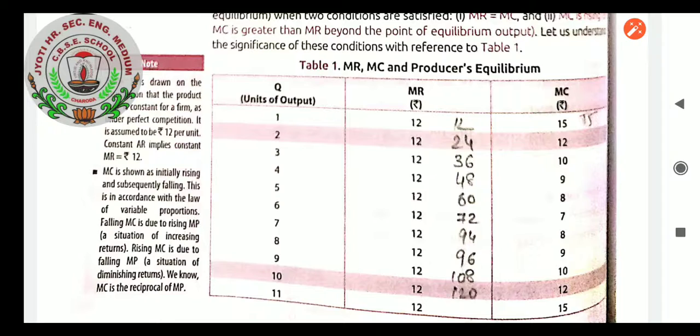Here in the data we can see marginal revenue is constant, which means the price of the good is constant, that is 12 rupees. Marginal cost differs from time to time. Earlier it was 15 rupees and marginal revenue was 12, so definitely we were not having any normal profit there. Marginal cost was 12 and marginal revenue was 12. Here it was normal profit.